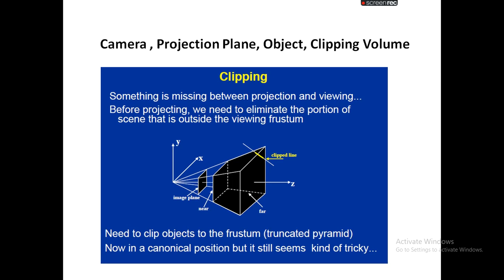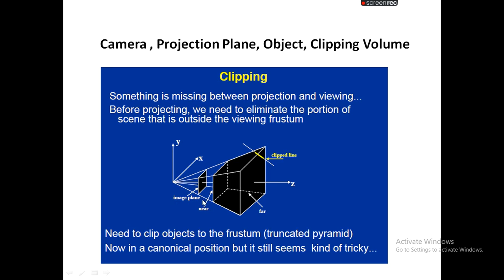In the case of three-dimensional viewing, we call it a clipping volume. It is like a cube, which is our clipping volume, where we have six two-dimensional clipping planes. You can see that I clearly highlighted it here. This is called the clipping volume. In a clipping volume, we have a near distance and a far distance. Near distance represents the distance between the projection plane and the clipping volume. That is called the near distance.